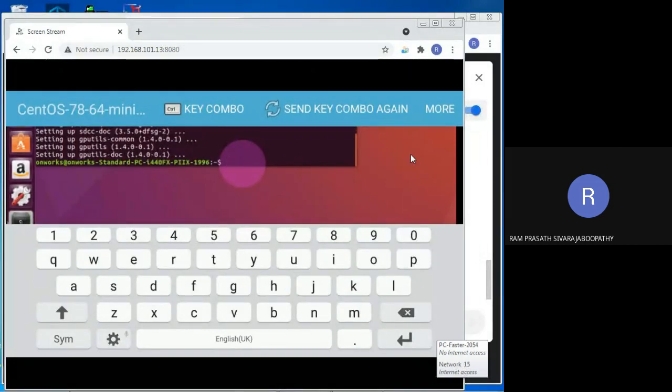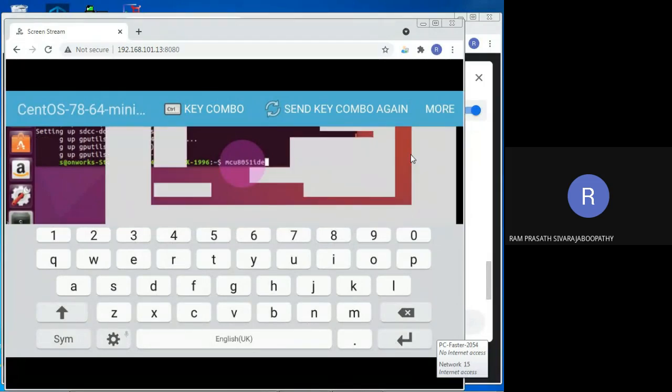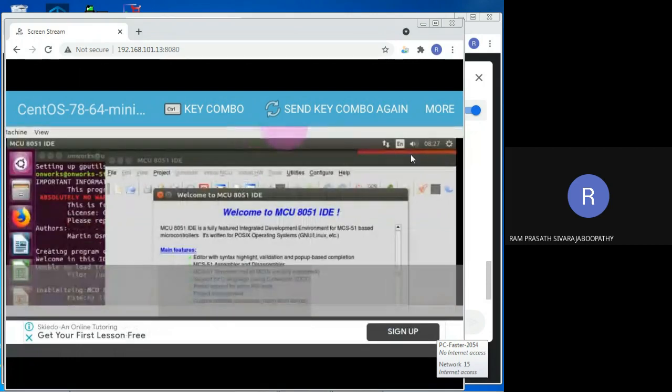Now I am going to use this particular line to open the software MCU 8051 IDE. Yes, click on enter. So now you will be getting a screen like this, right? So first what I am going to do is close this message. So I have to do right click on it.